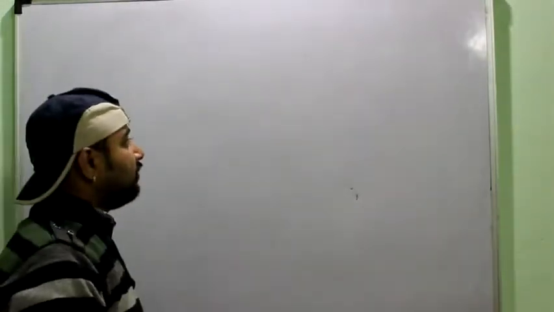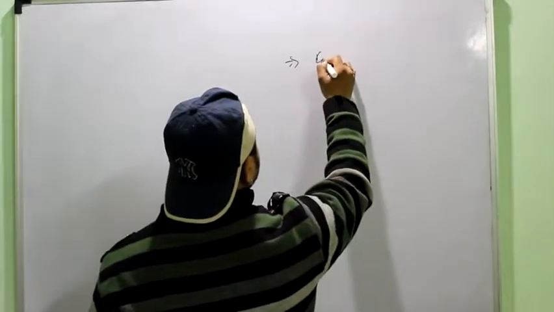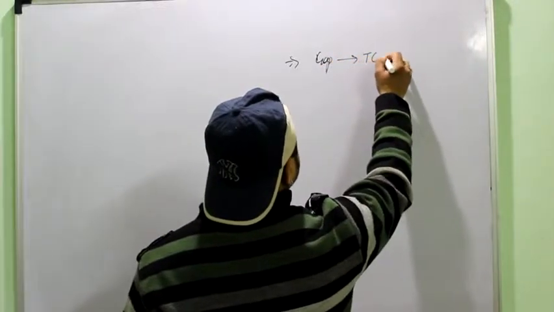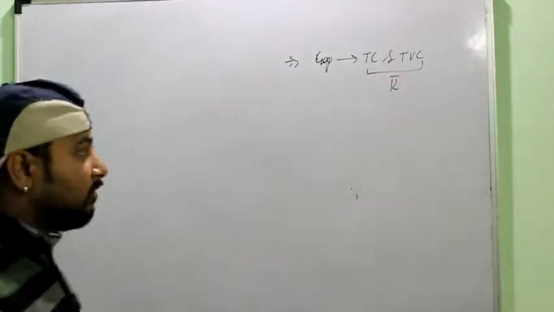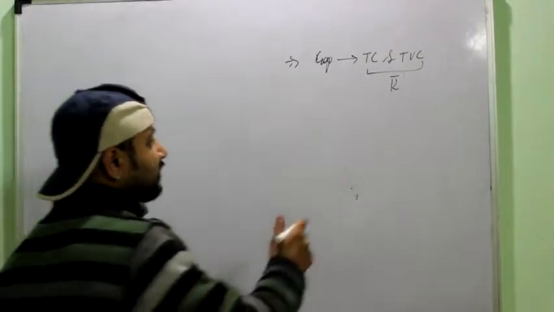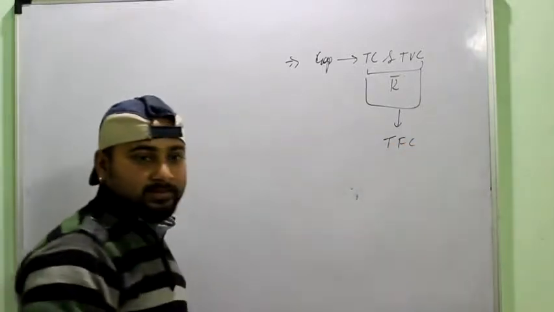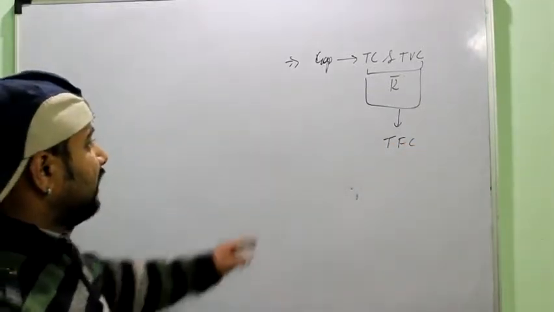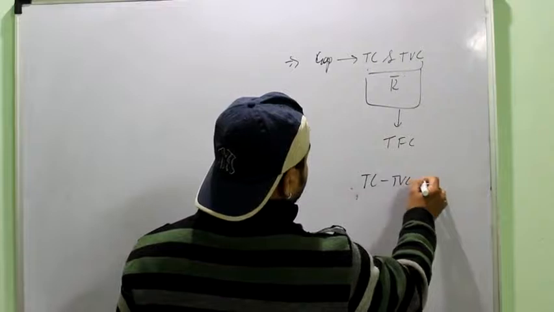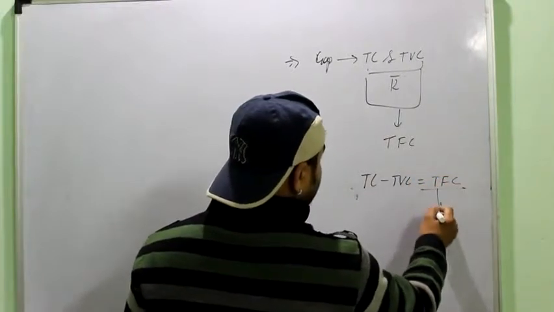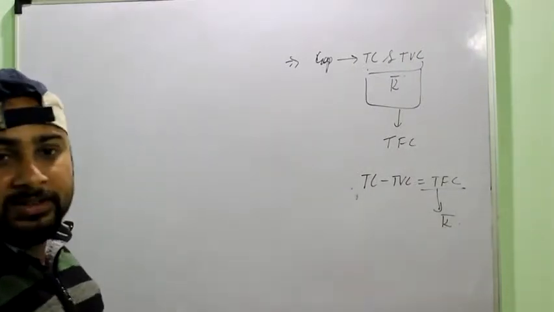One thing you have to remember: I told you that the distance between them will remain the same. Or you can say that the gap between TC and TVC remains constant. This is another important concept which can be asked in the form of a question and answer. The answer is that the difference between these two is TFC. From the relation, if you find the difference between TC and TVC, that is TC minus TVC, it is equal to TFC. Because TFC remains constant in the short run, the distance between the TVC curve and the TC curve also remains constant.